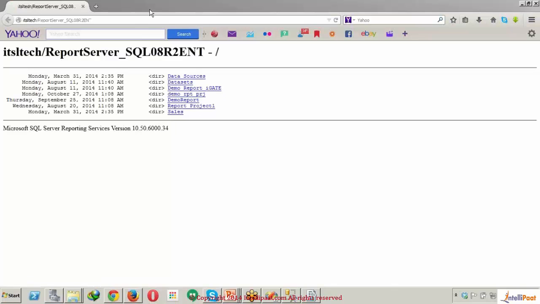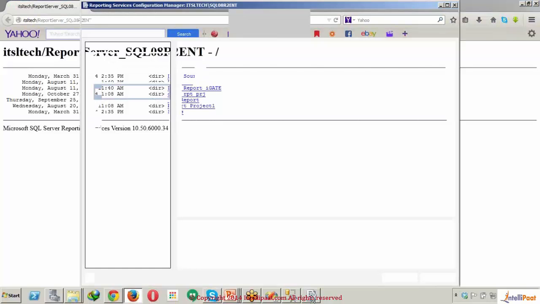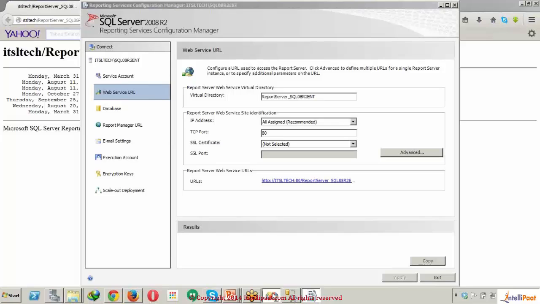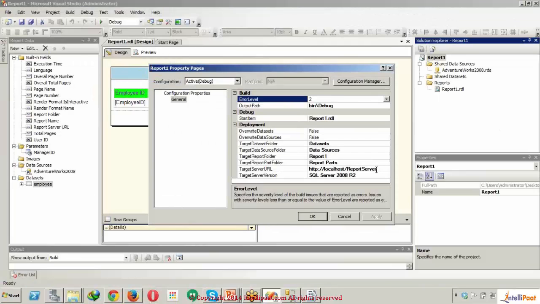Now this is the place where I have to deploy my report. All I need to do is copy this URL over to my report. This is my target server URL which I am going to copy. The target server version is SQL Server 2008 R2 itself. And if I have already deployed my report and am trying to deploy it again after making some modifications,